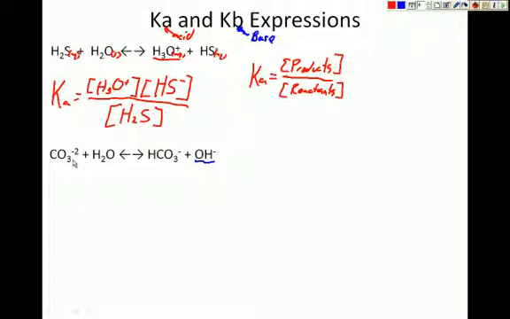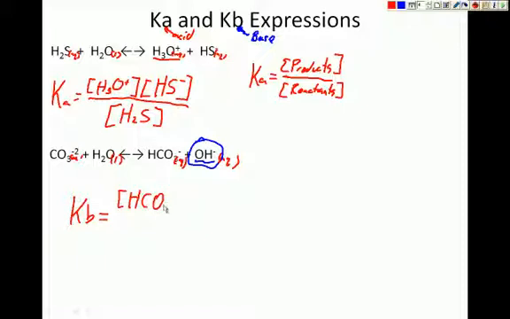CO3 2- is aqueous, H2O is a liquid, HCO3- is aqueous, and this is also aqueous. So since this is a base, because we have the OH-, we're going to call it Kb, and that is also products over reactants, which is